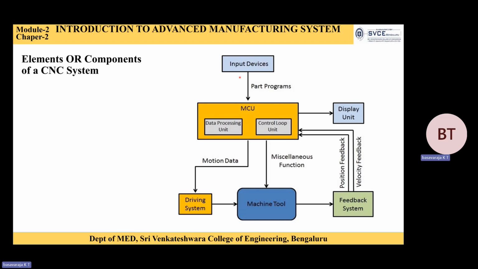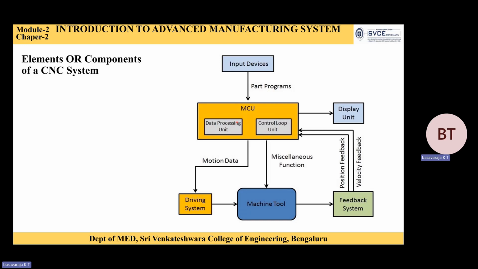Once it is supplied by the MCU, according to the instructions given by the MCU, the machine starts to operate, along with the information given by these additional devices. The MCU actually has two tasks, the data processing task and the controlling task. How is the data processed? All the information given by the operator is itself the data, and the MCU will analyze all of it and convert that data into the STF file,